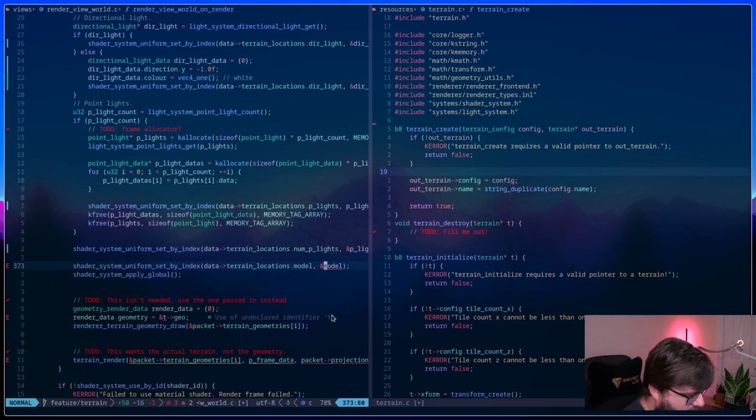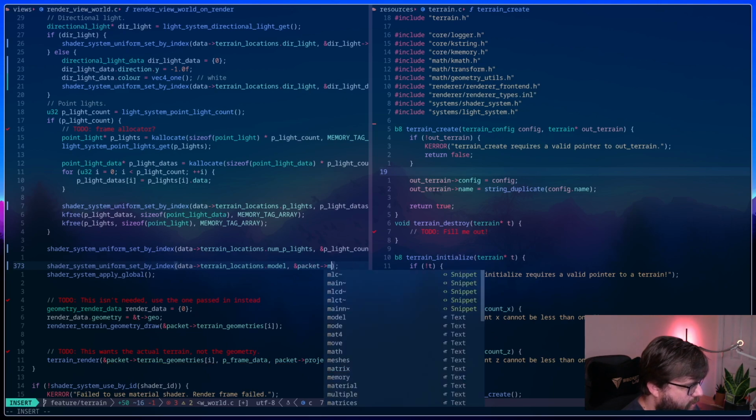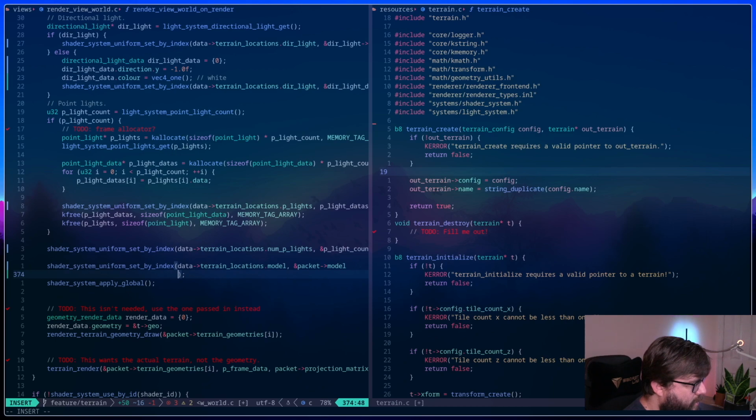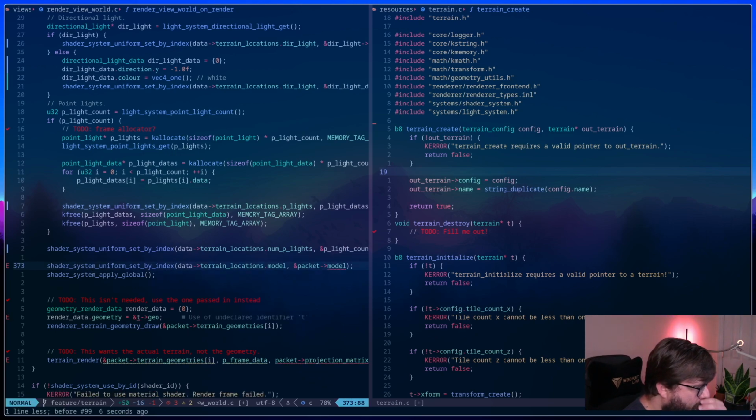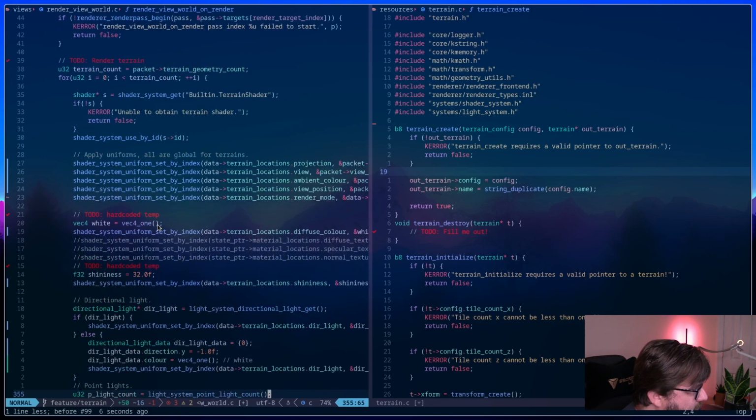This needs to be packet model. Is it model matrix? No, it is model. The packet doesn't have, oh, right. Yeah, the packet wouldn't include model. What a dummy. That's going to be on the terrain itself. So that's going to be, let's see, do we even have,